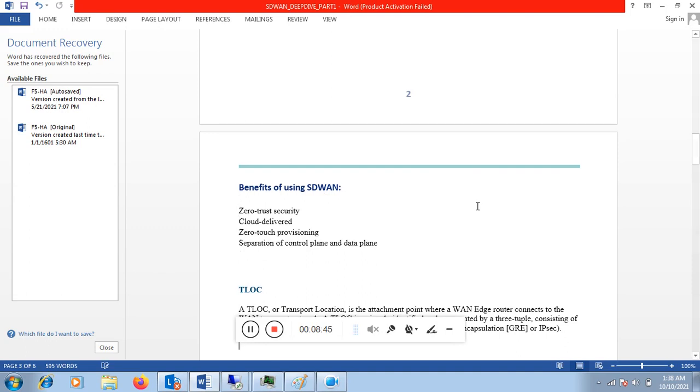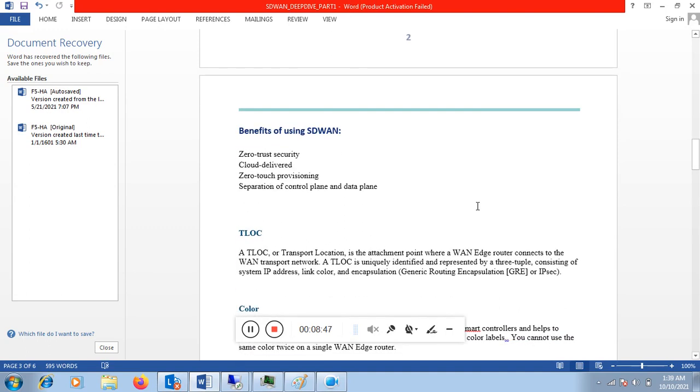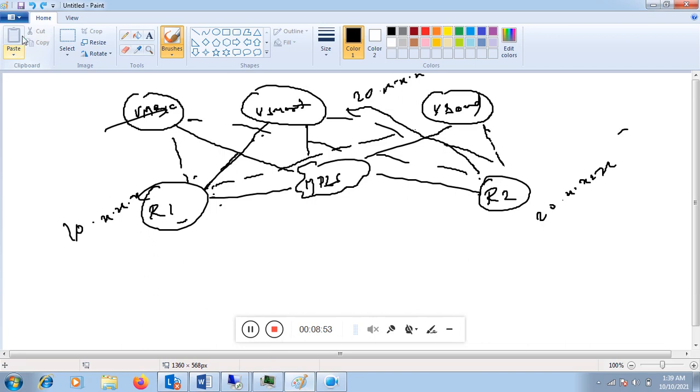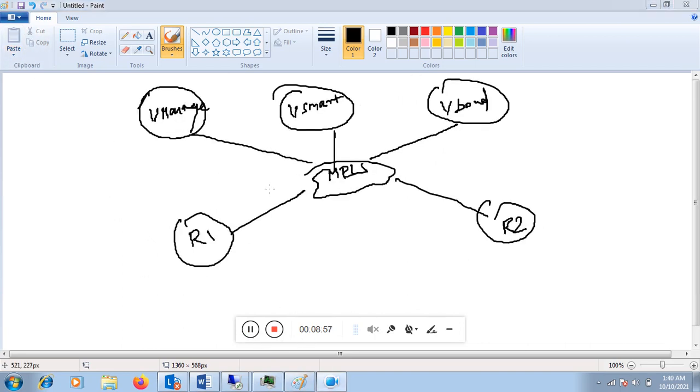Now if we discuss some of the concepts in SD-WAN, the first is transport location. If we talk about this design, R1 connects to the transport and R2 is also connected to the MPLS transport.